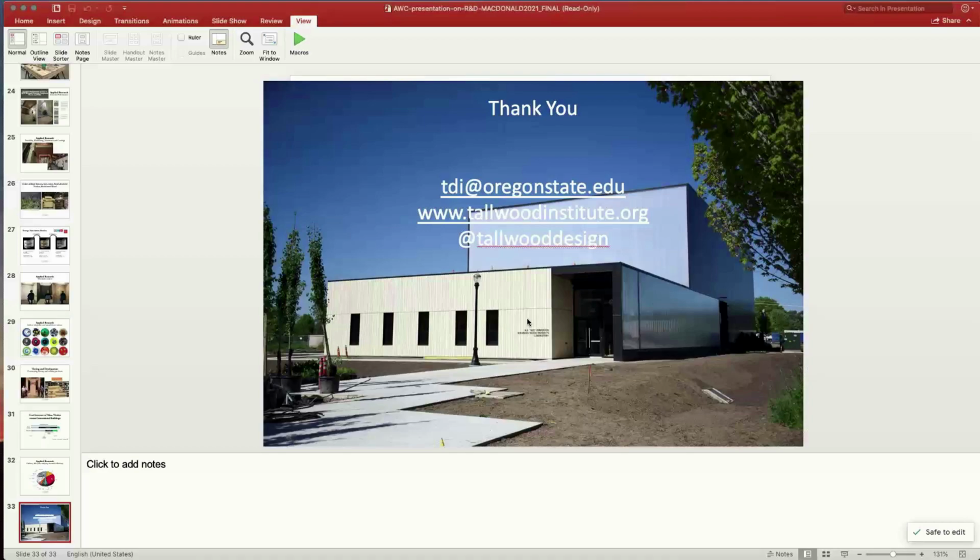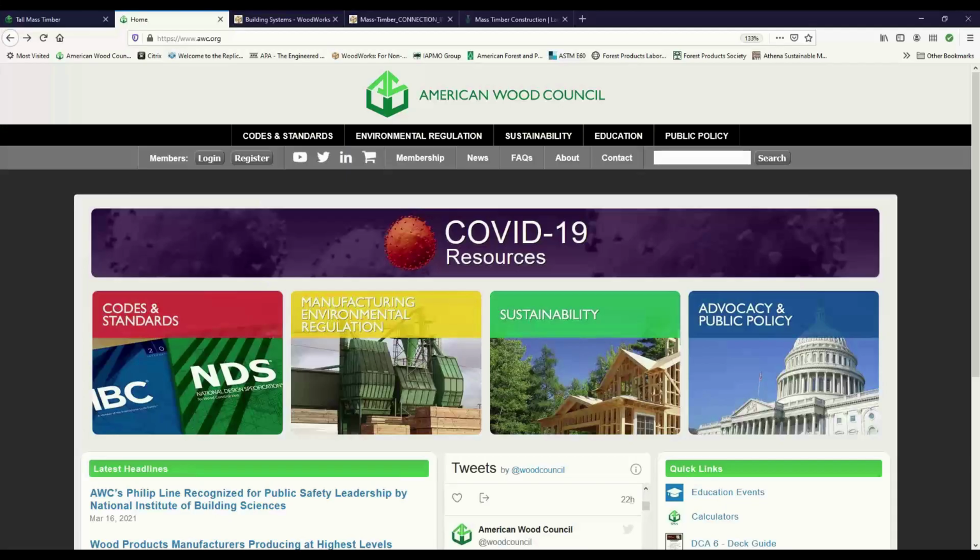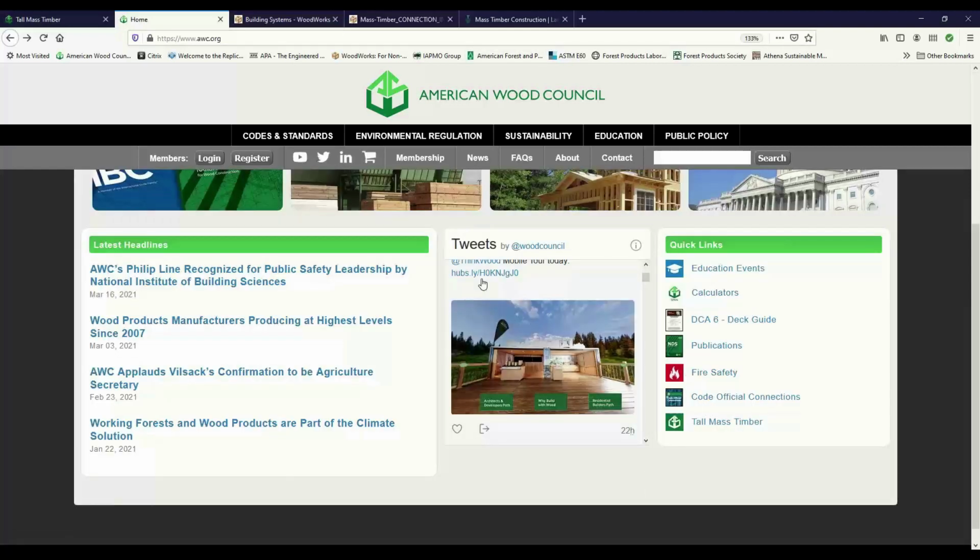Let me get my screen up. So we had a lot of questions come in. We'll do our best to address all of them. But the first question that I wanted to address, well, there was kind of a series of questions related to some of the different resources out there that are available for mass timber for CLT. Obviously, anytime you're undertaking a mass timber project, you're going to need to coordinate. So, any individual questions on specifics should be discussed with your mass timber supplier. But for general information, AWC, we have on our website,